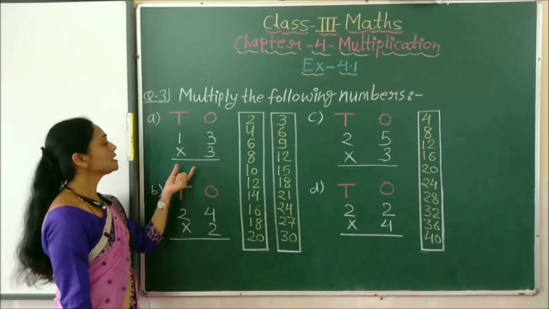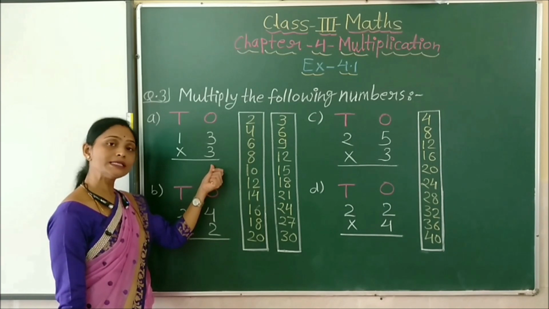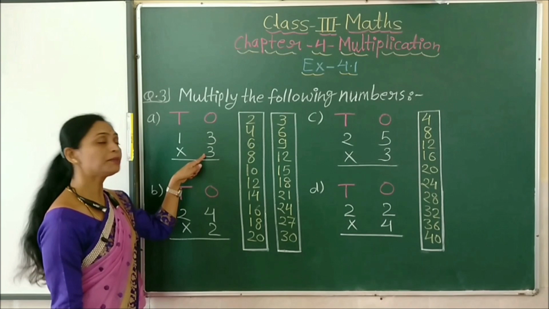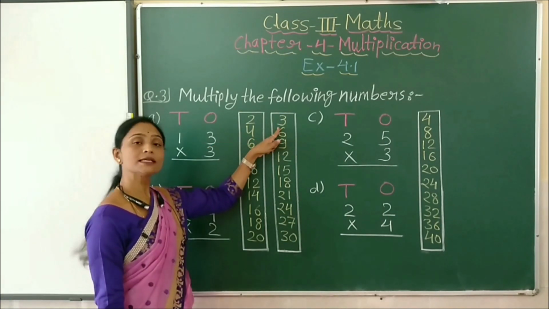Yes children. Now see, here we have to start multiplication from the ones place. So this 3 first we have to multiply with 3. So 3's table how many times we have to read? We have to read it 3 times. So 3 ones are 3, 3 twos